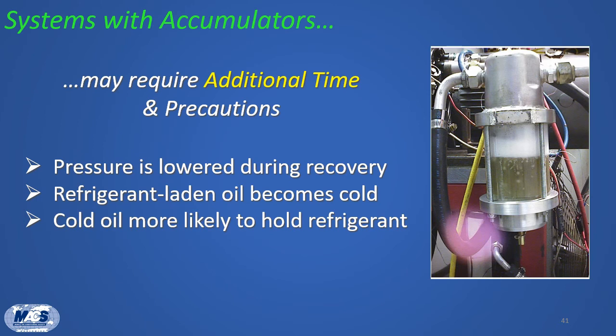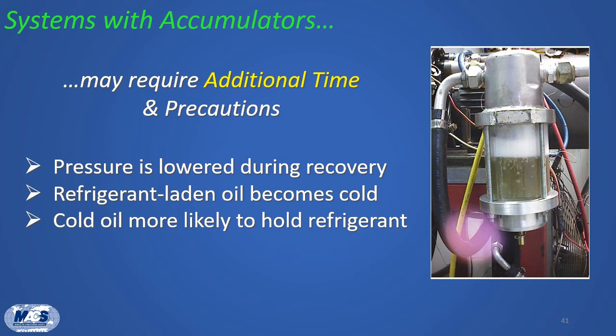To remove as much of the refrigerant as possible during the recovery process, systems equipped with orifice tubes and accumulators require more time than systems equipped with expansion valves and receiver dryers. This is mainly because of the design differences between accumulators and receiver dryers. Being larger than dryers, accumulators located in the low pressure side of the system hold more refrigerant and oil than